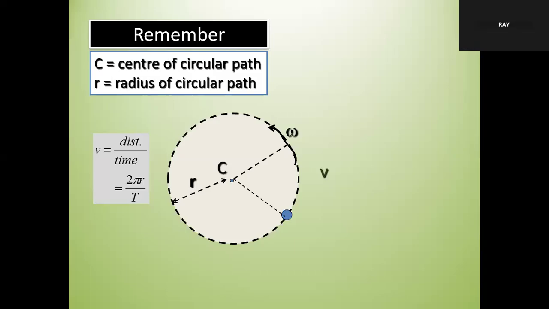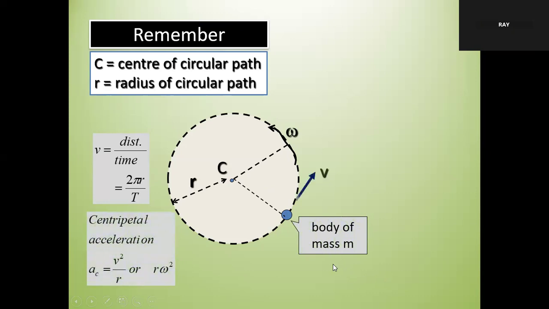Okay, let's just review. Usually circular motion and gravitation combine together because they are two related questions. And this will be the first question usually. We have a circle or circular path, center C. And then there's the mass moving in a circular path. Body of mass M. That's the speed of the object. And then the radius of the circle is R. Center is C. This is your angular